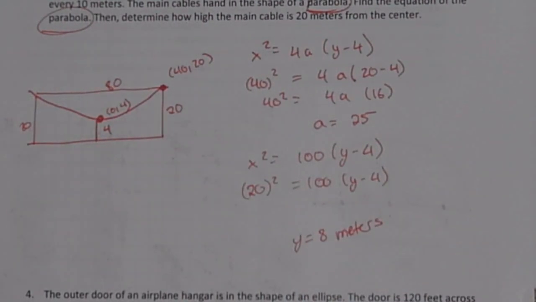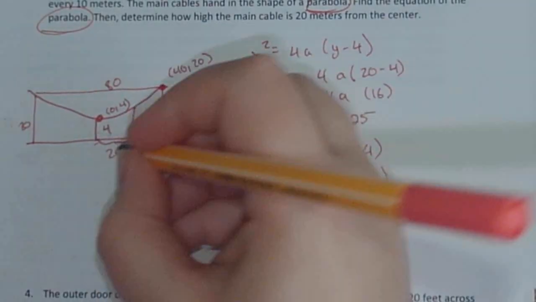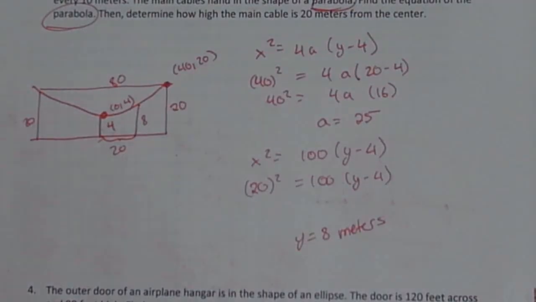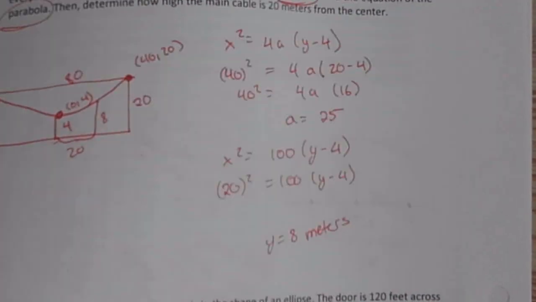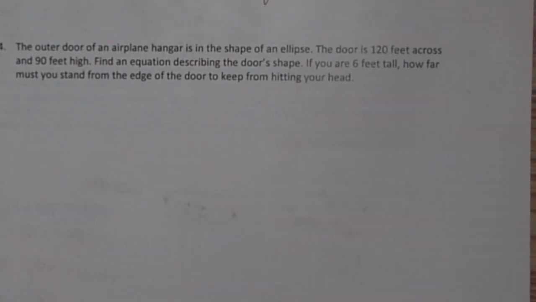So the cable at 20 meters from the center is 8 meters tall. All right, let's keep going to problem number 4. The outer door of an airplane hangar is